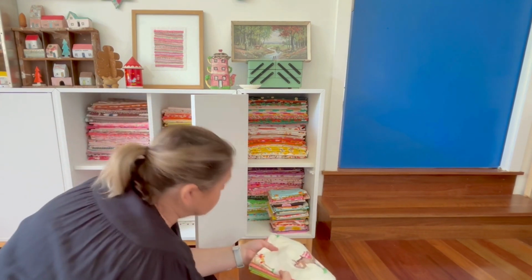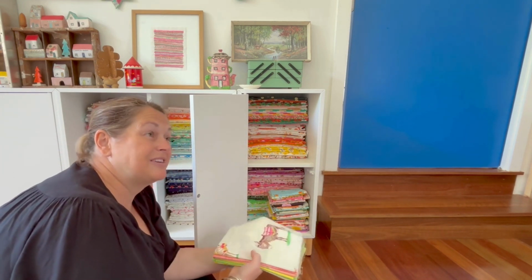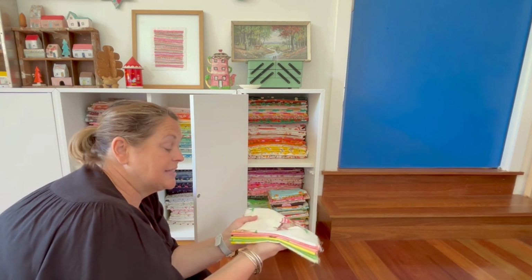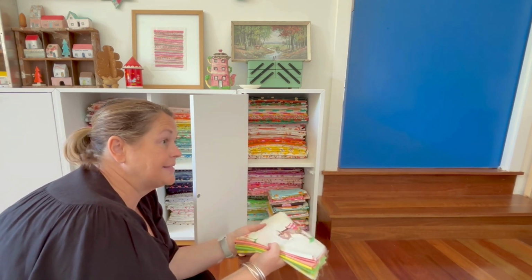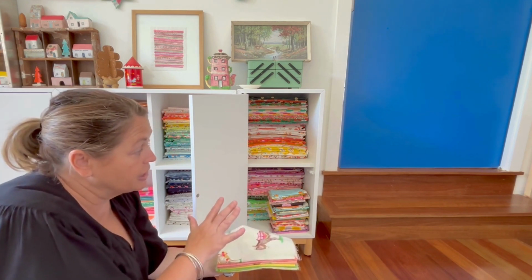Now she just released a re-release of Lightning Bugs, I think. But it wasn't available to ship outside of Australia, so I couldn't get any of it, which was a shame. When she did the by hand, I bought it. And I've also got the little strawberry, but that's in the new quilt that I am making at the moment, so it's over there. So that's my fabric storage